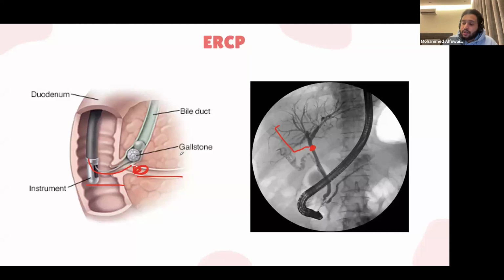In any patient with common bile duct diseases, especially choledocholithiasis, which is a common bile duct stone, ERCP is the gold standard because it's going to both diagnose it for you and you can manage it there. Okay. Anyways,